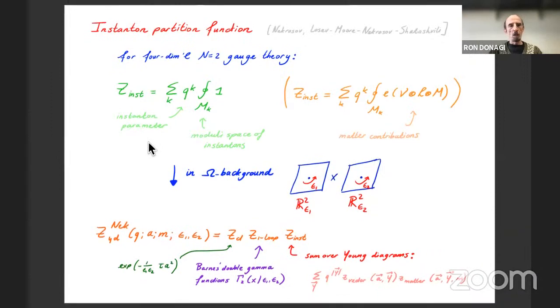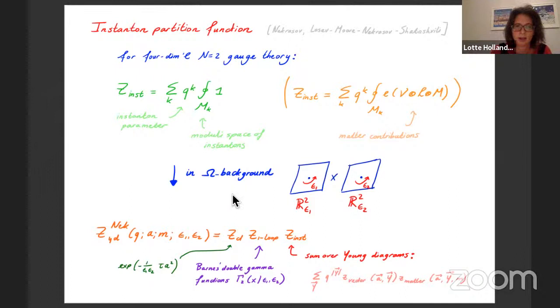Right. So the main trick in being able to make sense of these integrals is to consider this N equals 2 gauge theory in the so-called omega background. That is to look at it equivariantly and to turn on equivariant parameters epsilon1 and epsilon2, as I call them here, corresponding to rotations in the two planes that make up R^4. So if you do that, then you can compute the partition function of this gauge theory, and this is called